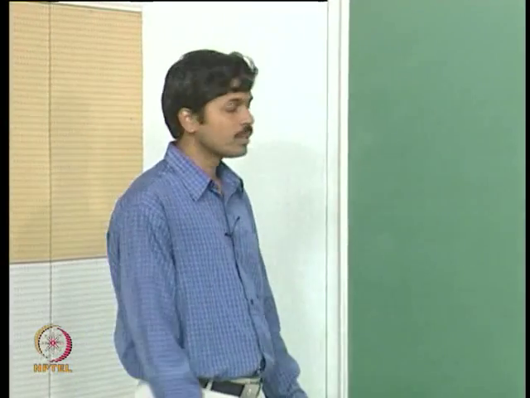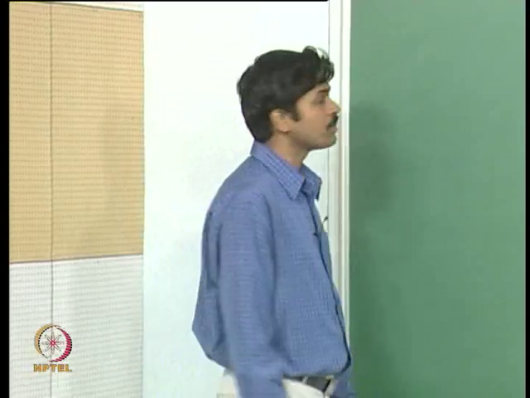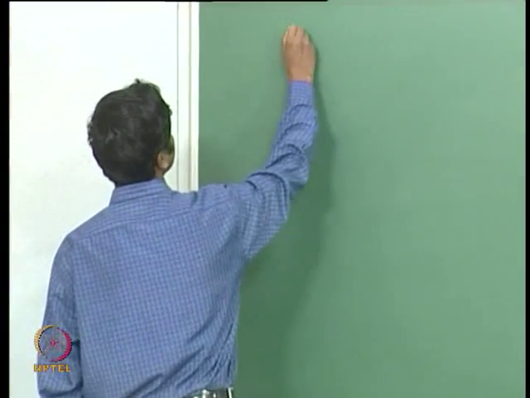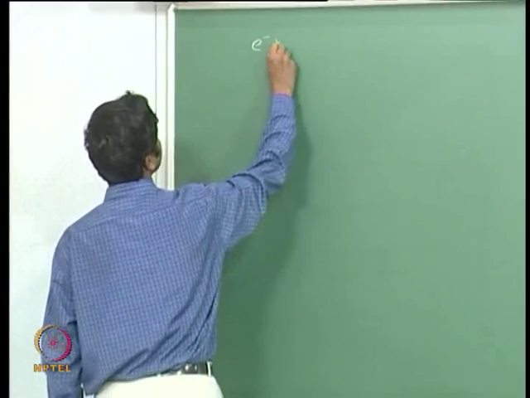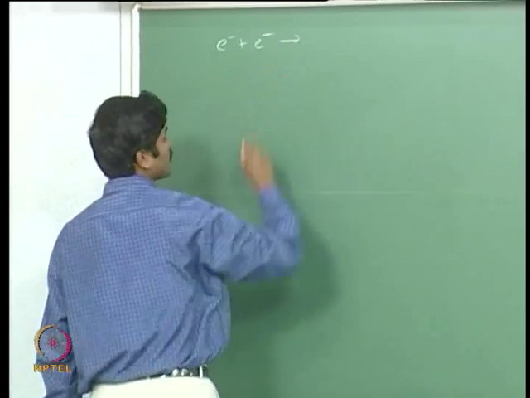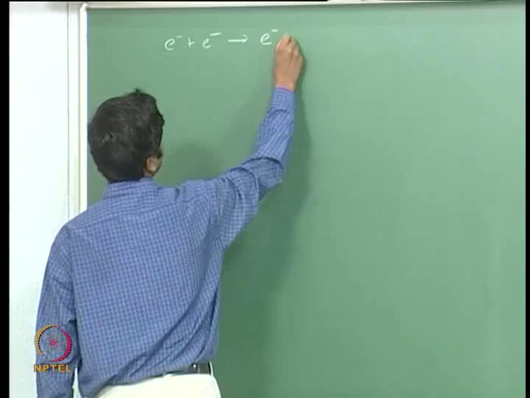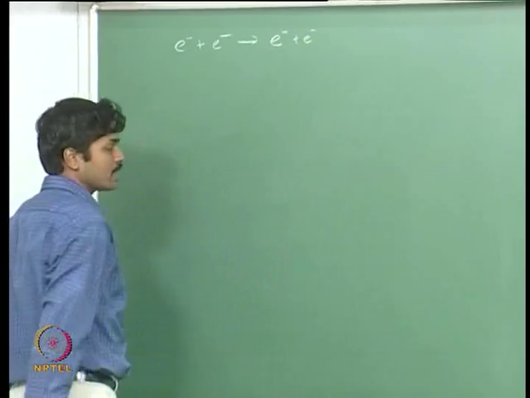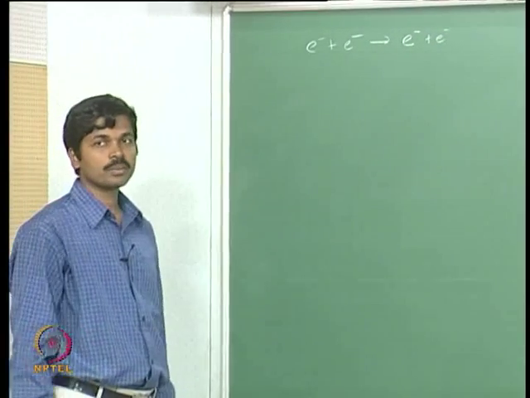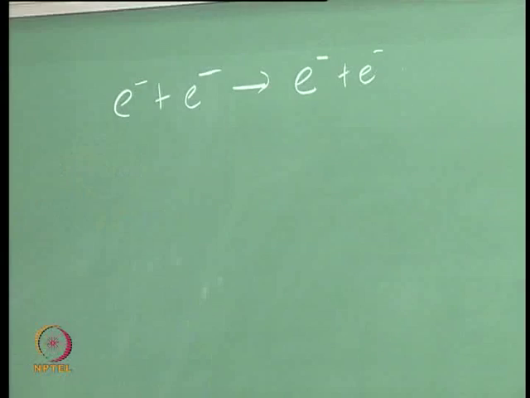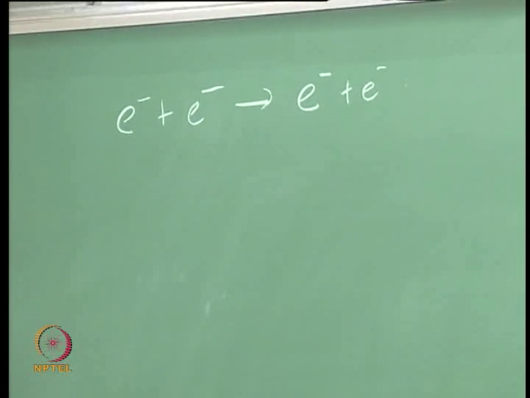Okay. Before we move to a new topic, we will do one more example, that of electron scattering. So, e⁻ + e⁻ going to e⁻ + e⁻, and then we will compute the differential scattering cross section for this process. You already know the